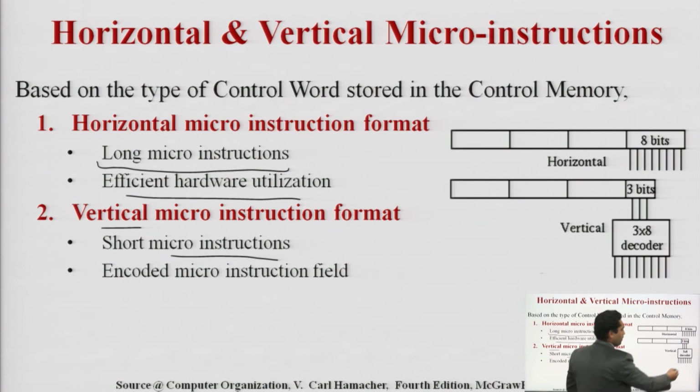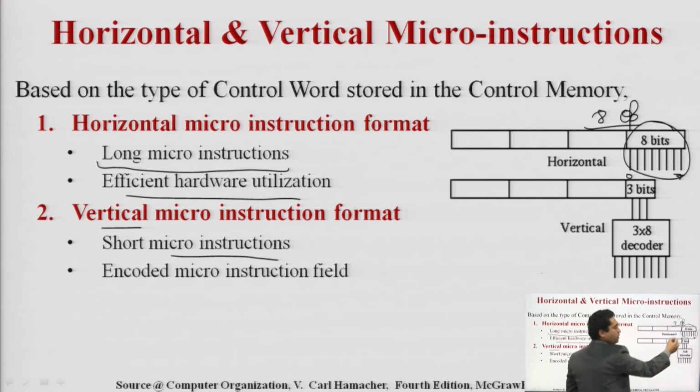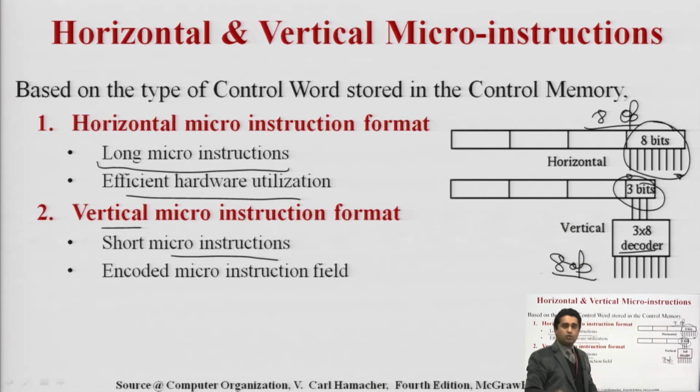Like you are seeing here, in horizontal, if it is showing 8 bits, only 8 operations can be performed. So these are the 8 operations, if this is 0, this is 7. In this manner 8 operations are performed. If the value is 1, perform this operation, otherwise not. Here in the vertical one, these 3 bits can accommodate those 8 operations because I am using a decoder here. So in the previous example, 20 bits are there.